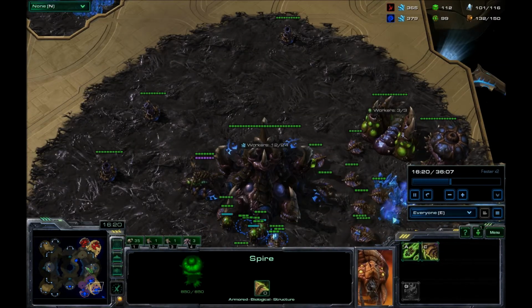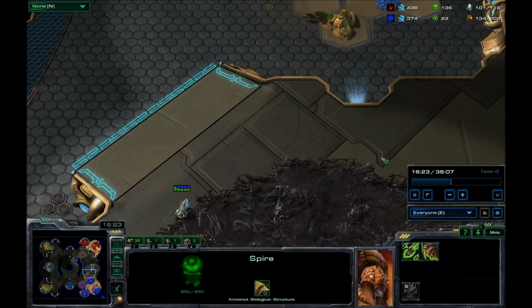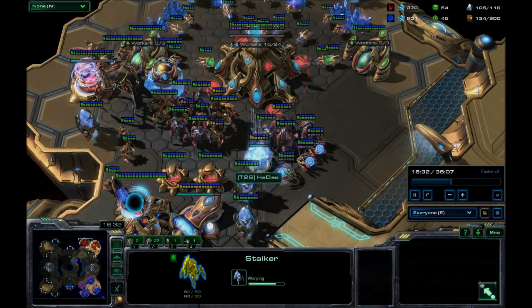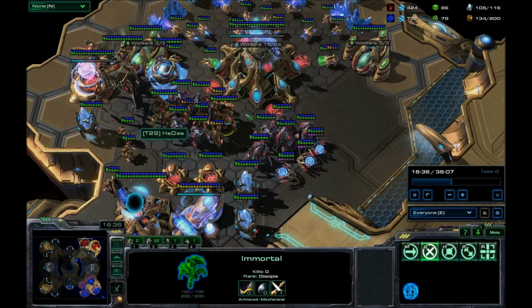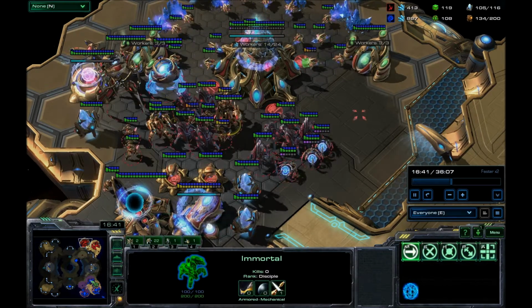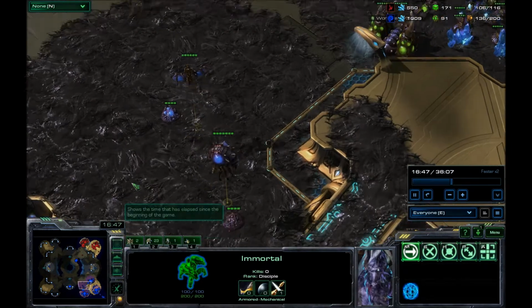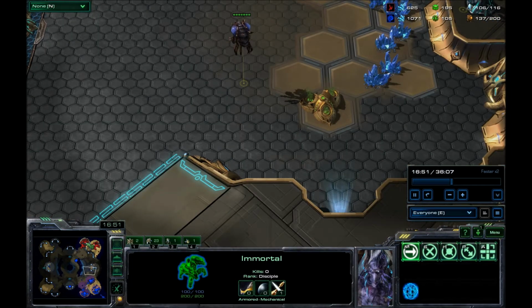No, I get mutas. Because I wanted to get some damage going on those immortals because I thought he went more lots and he's got a claw. But his army is pretty beefy and I'm pretty lucky that I